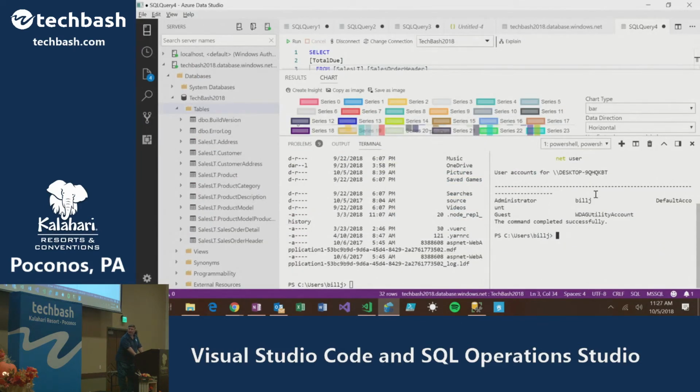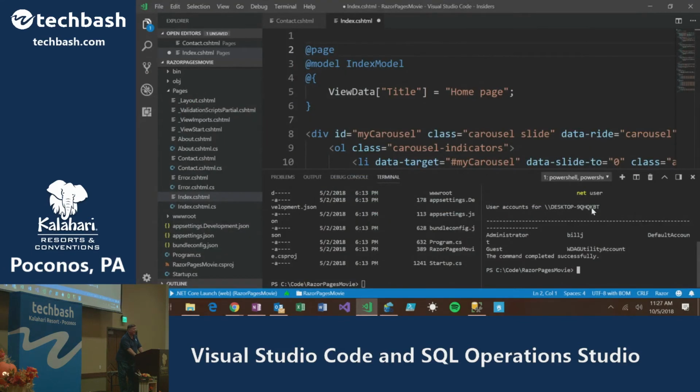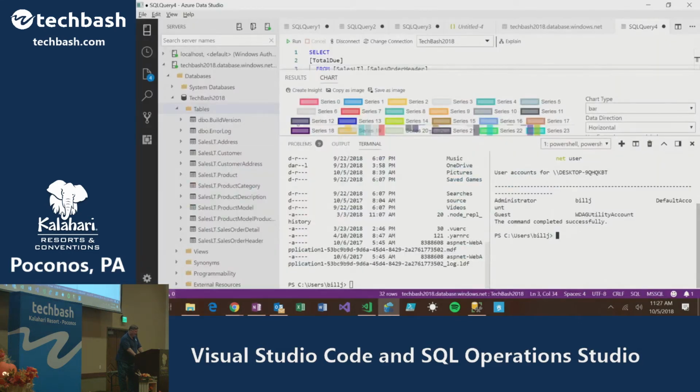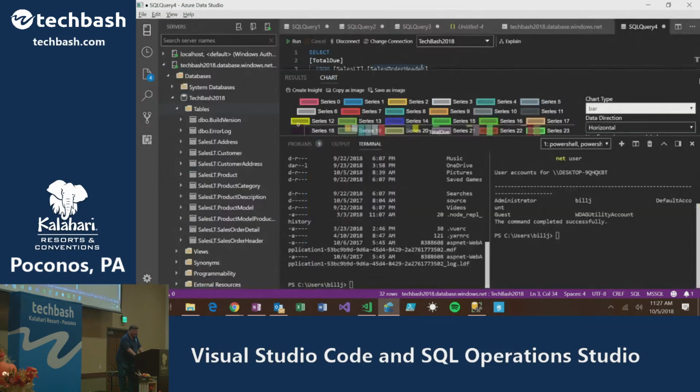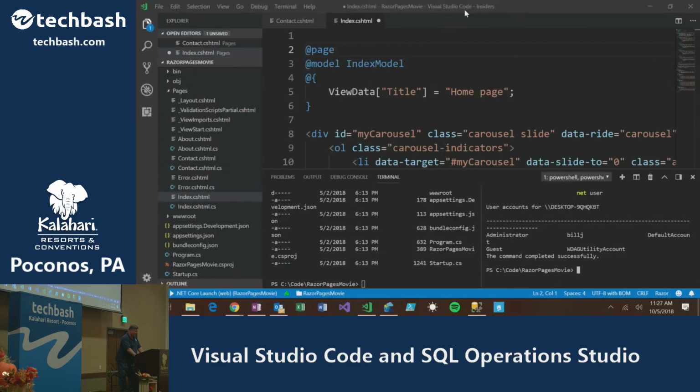Now when you have these windows here, which one do you find easier, what's easier to see, the white or the black? Okay, you like the dark themes. As you would imagine, they have dark themes here also. So are you happy now? Excellent, okay. So this will be my Azure dark theme for the data tool, and this is the one that's sort of Visual Studio Code popularity, the colors and things they use.